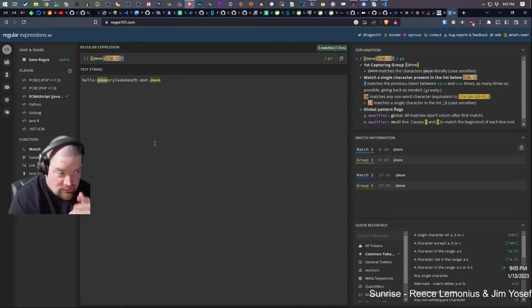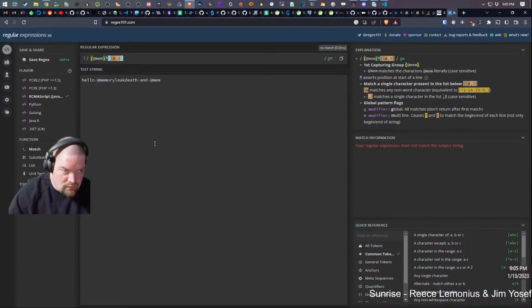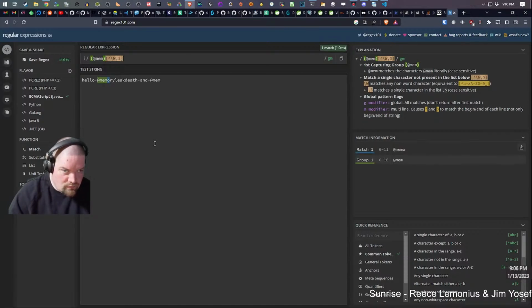Yeah, that's still match. Matches the previous token between 0 and 1 times, as many times as possible. So don't do that. If I negate that... No, negate this.